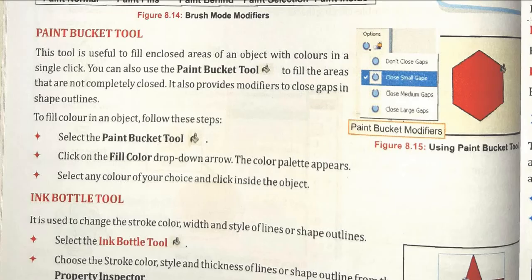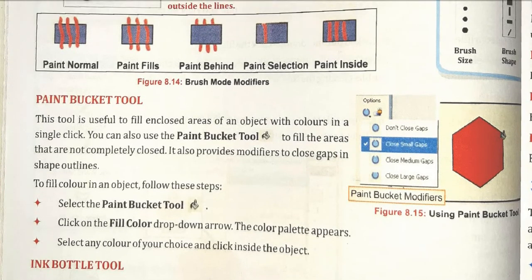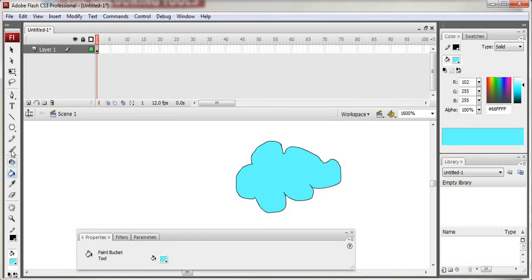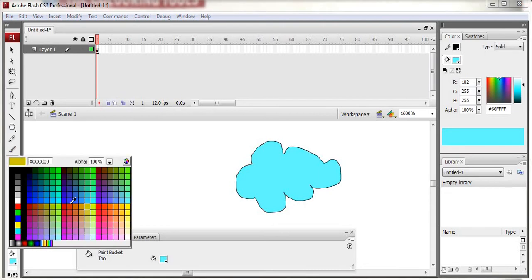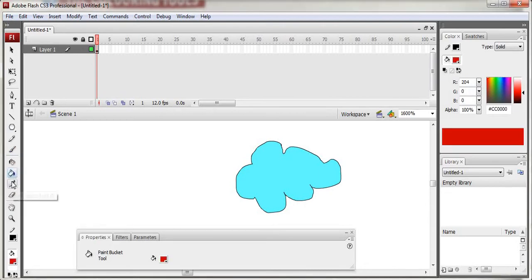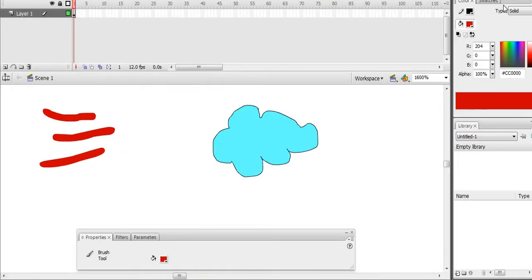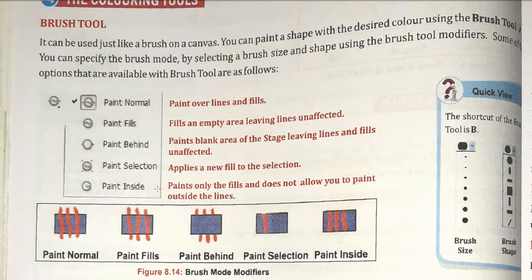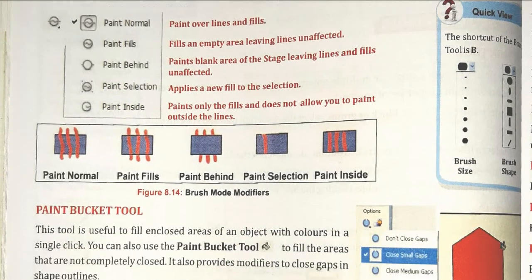Okay. And what is this? What is this, paint normal? Okay, this is the brush tool. Let me show you different brush tools. So these are the brush tools, and here I am taking this red one, and now the brush tool, right? This is the brush tool. See, what is the use of this brush tool? Here also you have different modes, as I cannot show on my screen. At the bottom side you can change its mode. What modes? Paint normal, paint fills, paint behind, all these options you will see, right? Now next is brush tool, paint bucket, you understood, right?